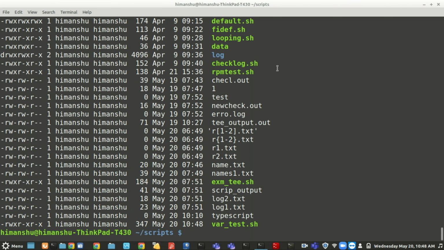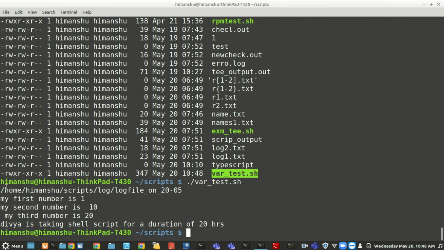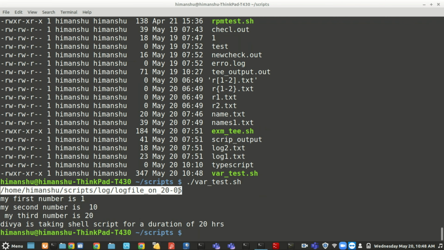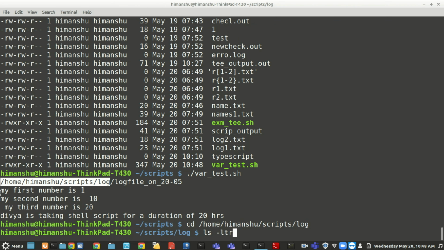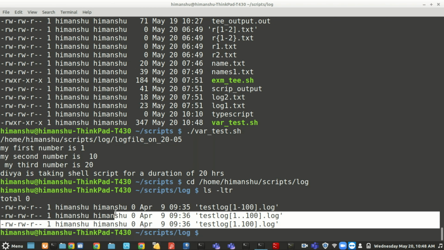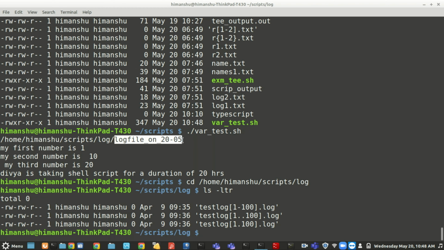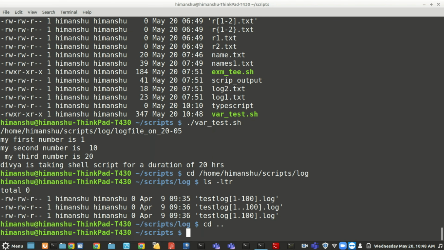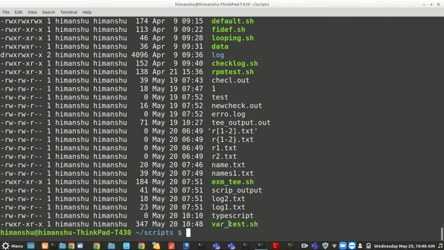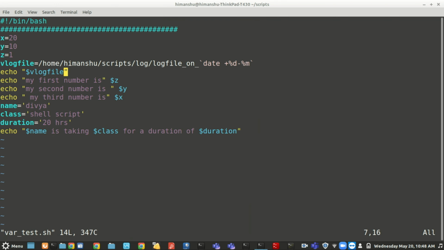Just a second, log folder is there, right? Now if I am running this, what it is saying, it is going to create a file here. See, I know where I have created this file in the command, right? You don't see any file here with this name, log file 020 hyphen. But I am storing the file name in a variable here. So if I go ahead and do this file here, if you see, I have just defined that variable.